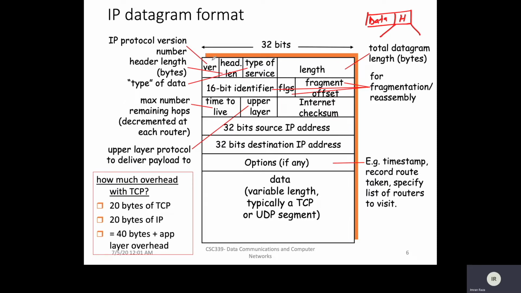So first of all, the first field is called the version. It identifies the IP protocol version. It's a 4-bit field, and it is used to identify the protocol version, which is IP version 4 at the moment, because this IP datagram is of IP version 4. And this helps the router decide how it will deal with an IP datagram of a specific IP protocol. And then we have the next 4 bits